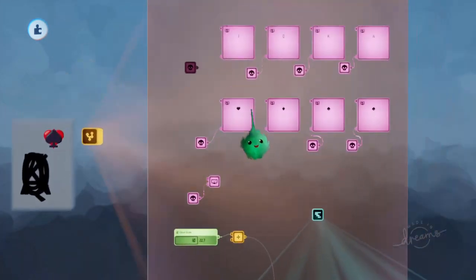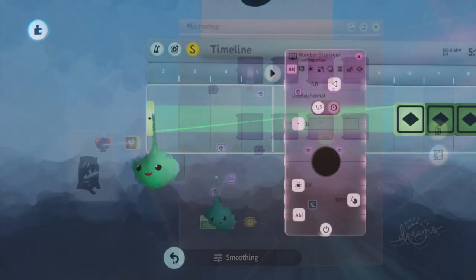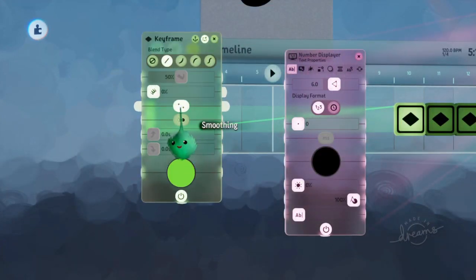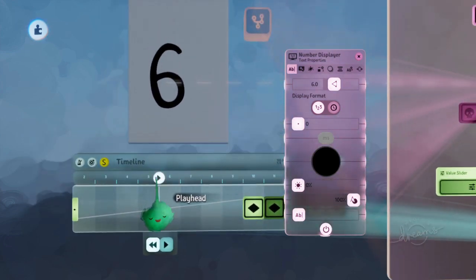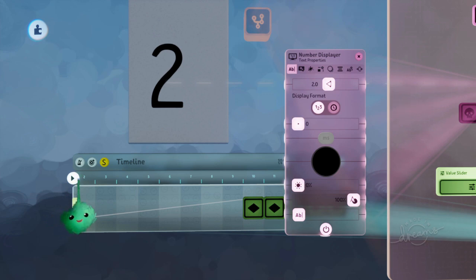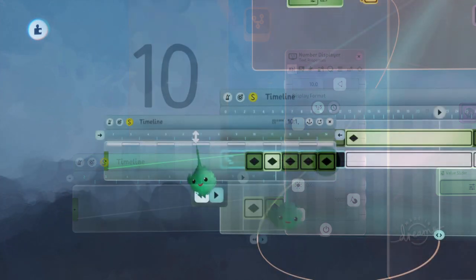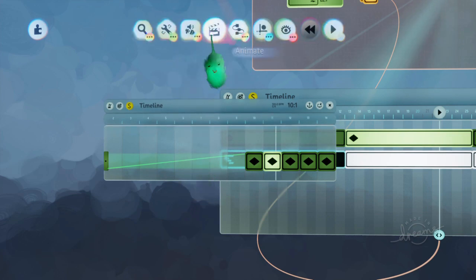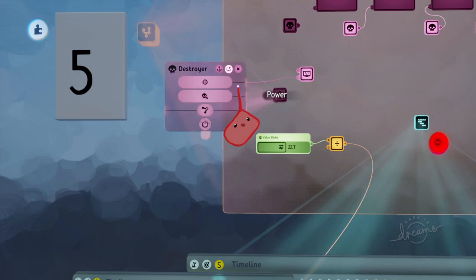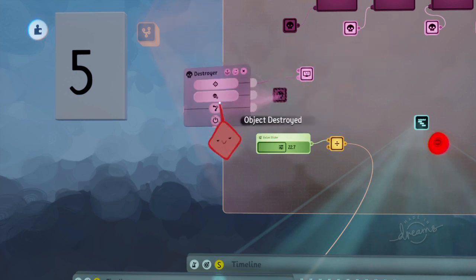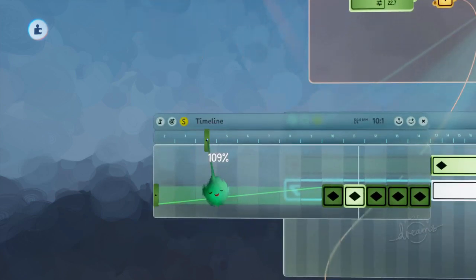So if I just turn all these off, then we need to tweak this and turn off smoothing so that it's just a linear line transition going between them. And now it's 2 here, and then 3, and then 4, and so on. So we'll also add another keyframe, which will turn off this destroyer so that it allows the number displayer to still exist. So then we'll expand it out